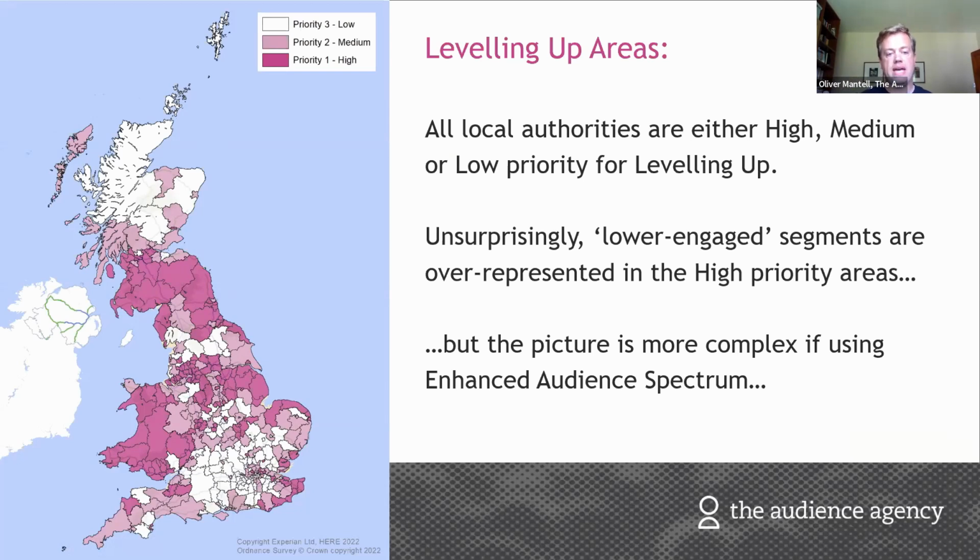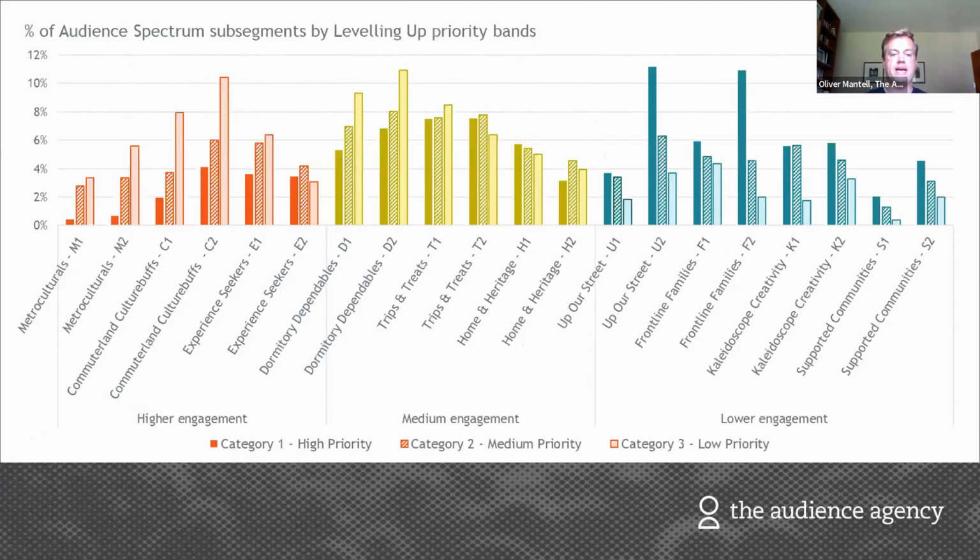And if we look at the population in each of those three tiers, unsurprisingly, yes, there's lots of variety because lots of different people live in lots of different places. But broadly speaking, there are more people in lower engaged, or typically lower engaged segments in the high priority areas than there are in the low priority areas. And this is probably one of those things you think, well, that's incredibly obvious. It's not that surprising, it's not that interesting. I would agree. What I think is more interesting is when we start looking at that really properly split out,